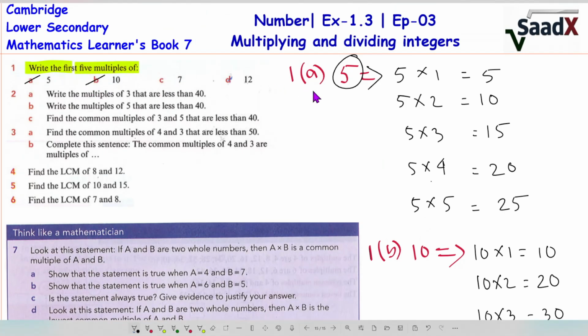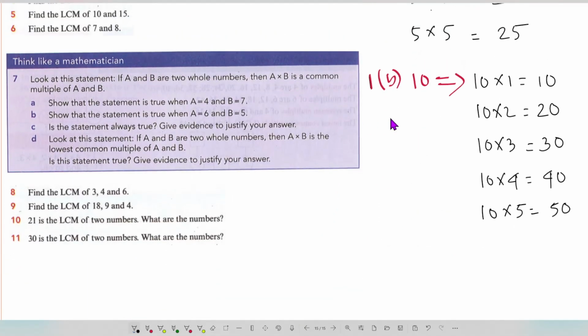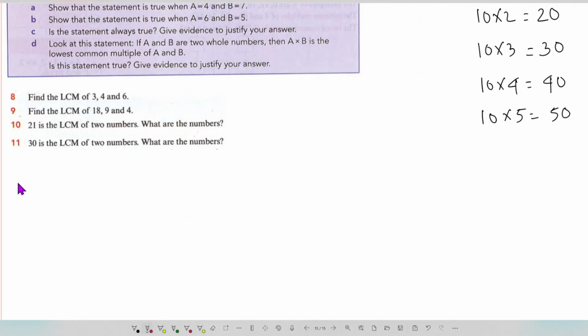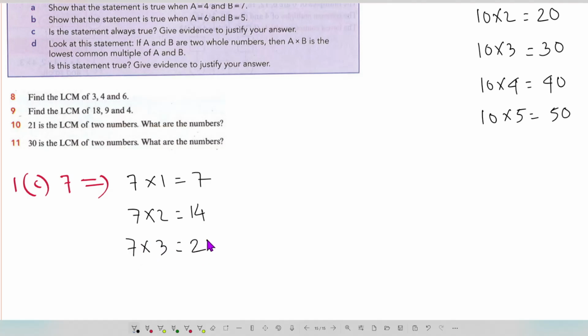Next, number C of 1, 7. This one we can write in here 1C. Number 7. So the first 5 multiples are 7 times 1 equals 7, 7 times 2 is 14, 7 times 3 is what? 21, 7 times 4 is 28, and finally 7 times 5 is 35. Okay,